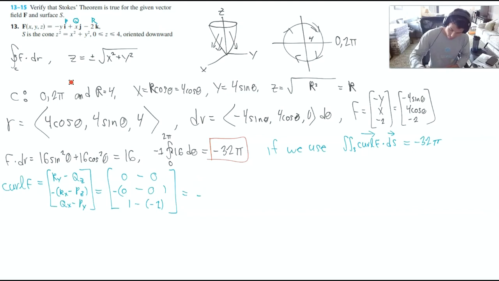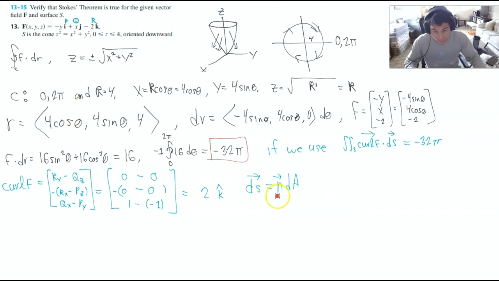out of all this, what do we get? We just get 2, and it's in the k hat direction, okay? So that's the curl, and what's the dS? The dS is n dA, and then n. What do we want to use n as? Well, n is going to be our vector for r cross r,